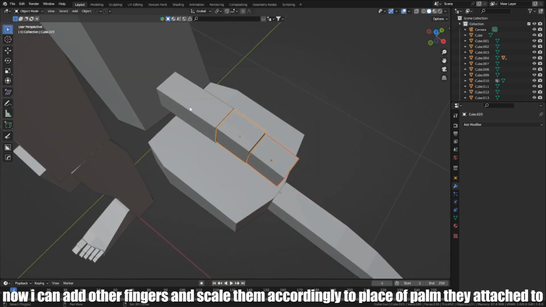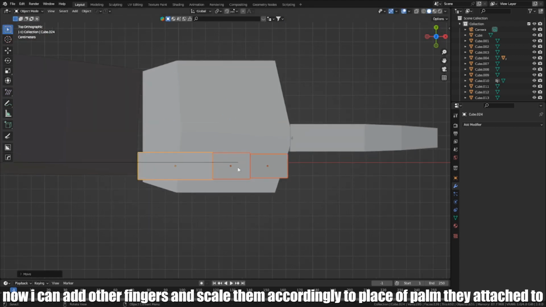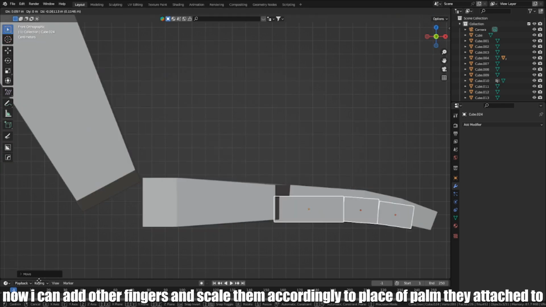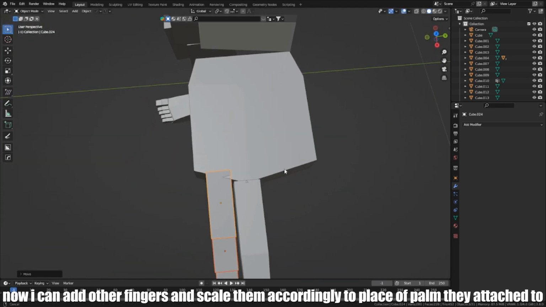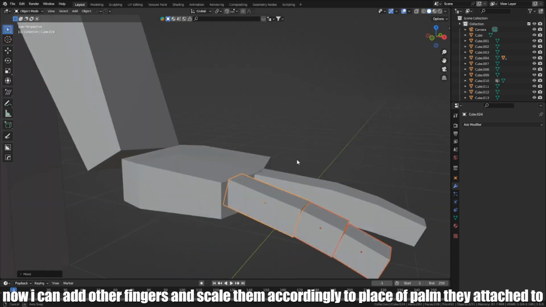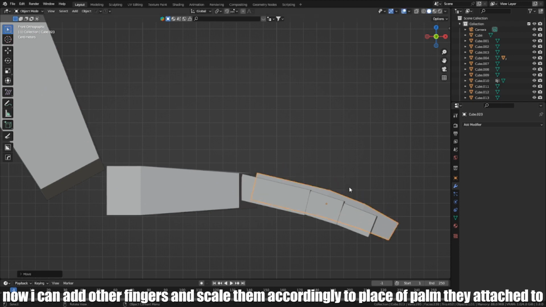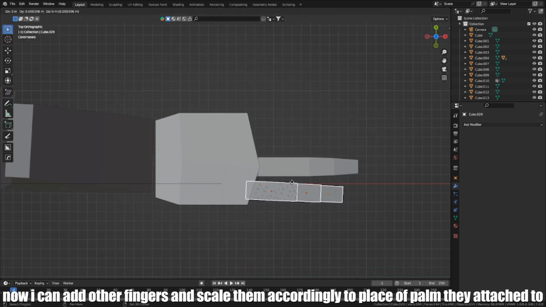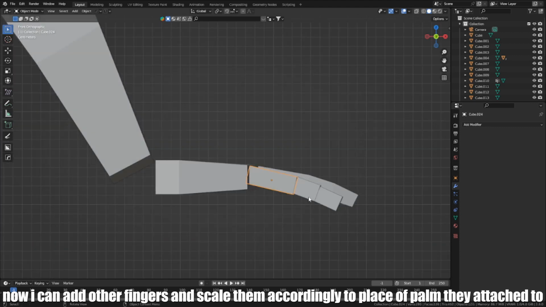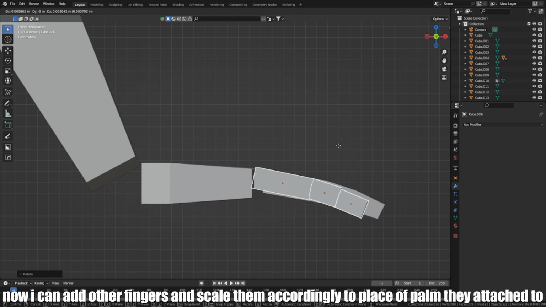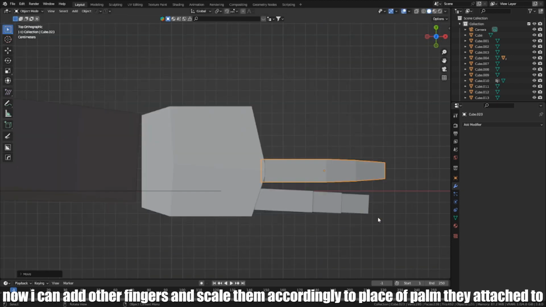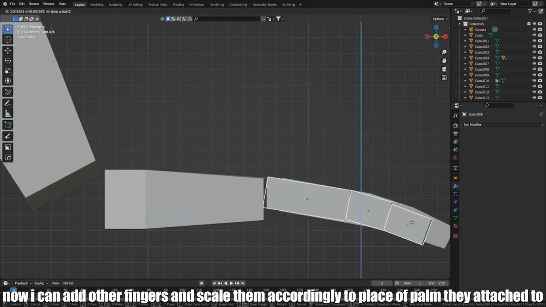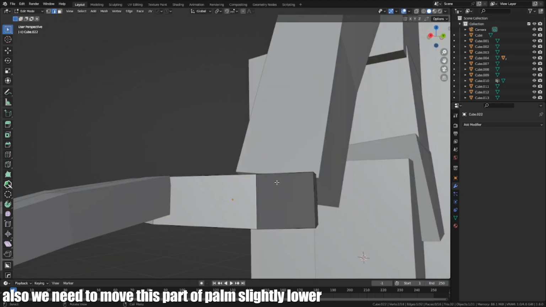Now I can add other fingers and scale them accordingly to the place of the palm they attach to. Also, we need to move this part of the palm slightly lower.